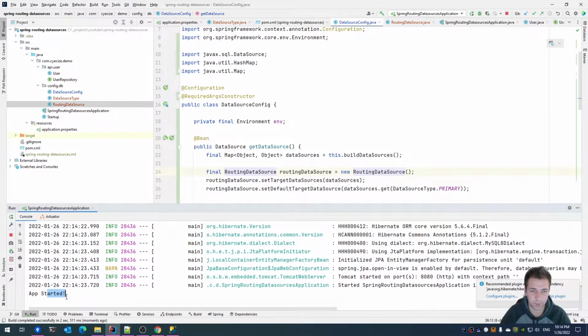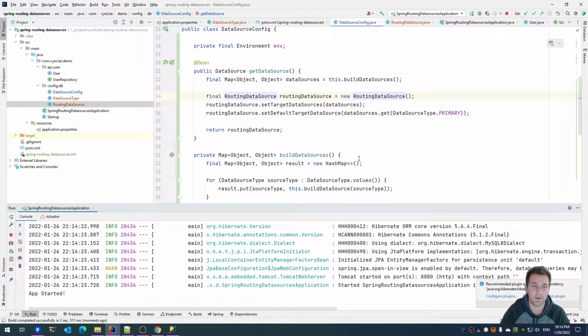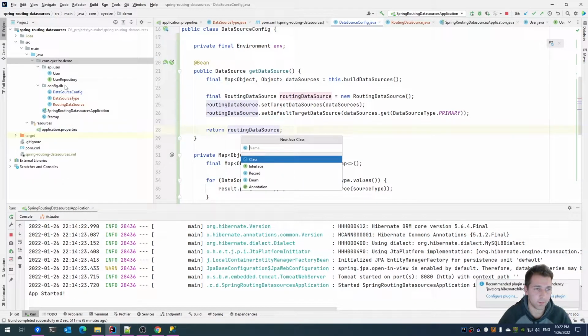All right, so the application started. Now the other thing left to do is actually create our annotation and make it work with every method that we put it on. To achieve that, we're going to use an aspect, but before that, let's quickly create the annotation. I'm just going to add it to the config folder, so it's not really correct, but it's a demo, so no problem. So config